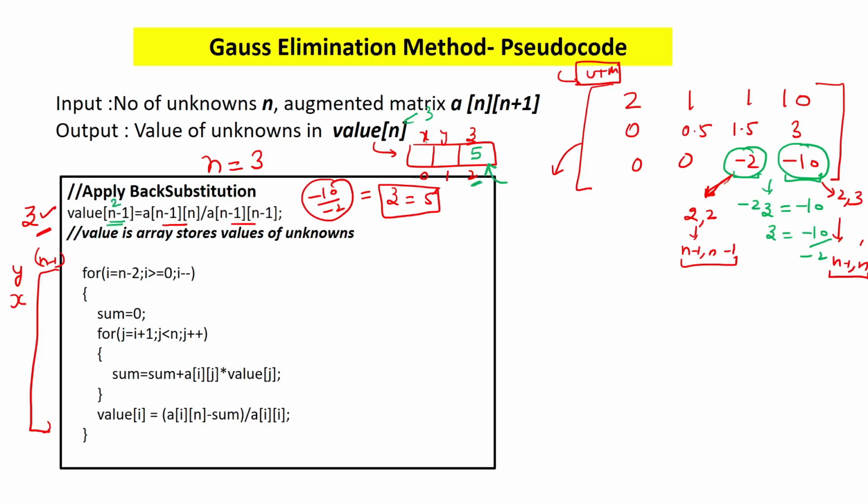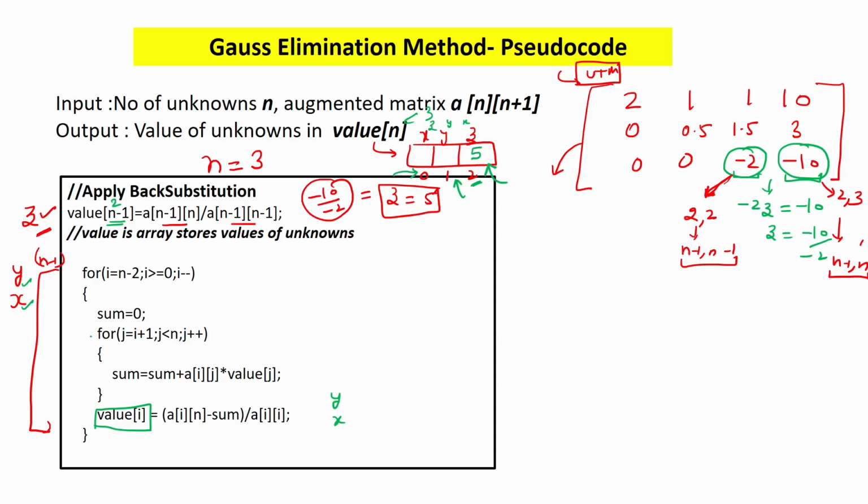Now it is up to you. You can store the values in the form of z, y and then x. That will also be correct, but you have to change the code accordingly. Now inside this for loop, we have to find the values of y and x. So from this line, I will first find the value of y and store it at index number 1. And then I will find the value of x and store the answer at index 0.